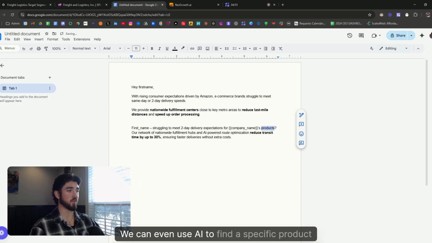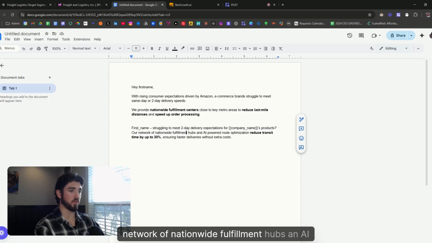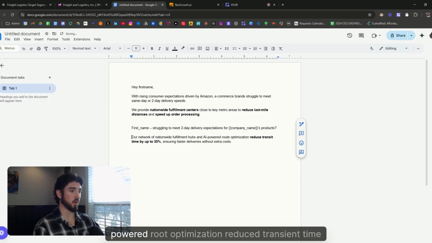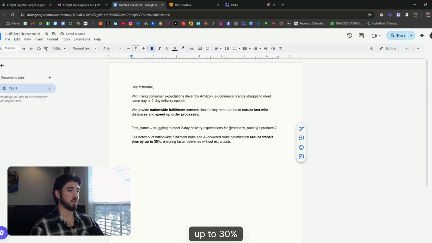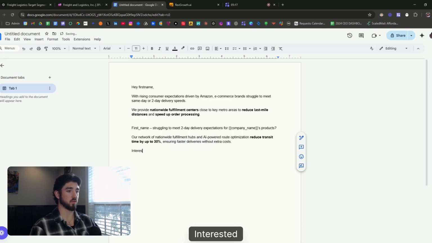We can even use AI to find a specific product since we're targeting e-commerce here. So let's say, hey, struggling to meet 2-day delivery expectations for company. Oh, well, actually, no, we'll just say company's products because that wouldn't make sense. Our network of nationwide fulfillment hubs and AI-powered route optimization reduce transit time up to 30%, ensuring faster deliveries without extra costs. Interested in learning